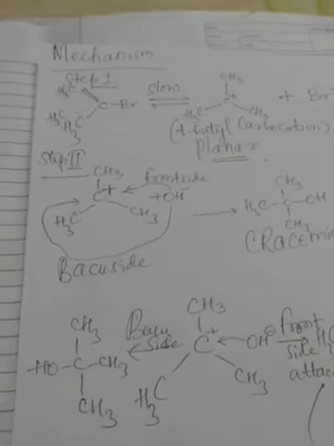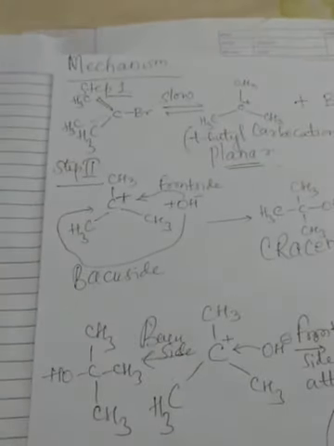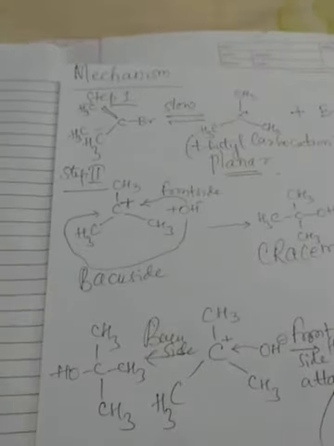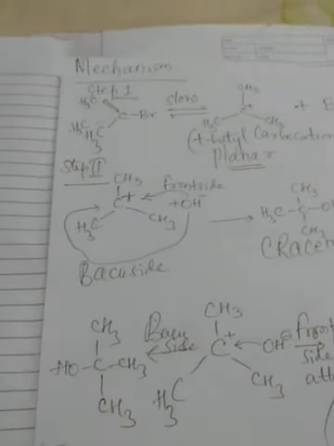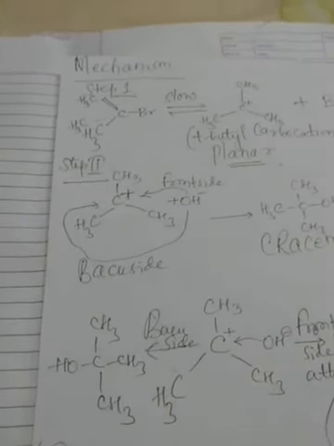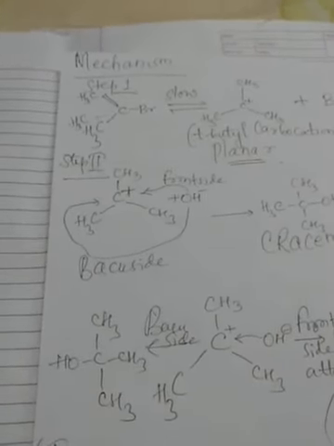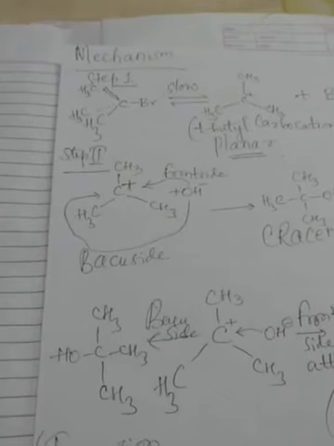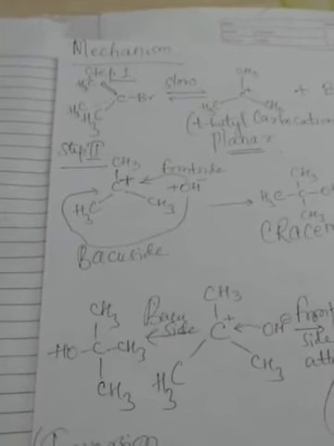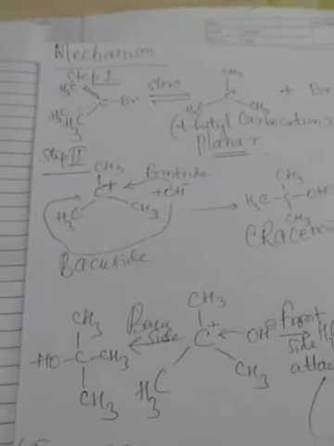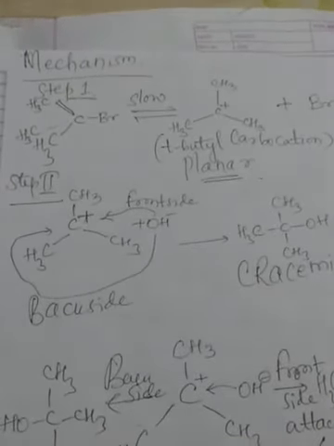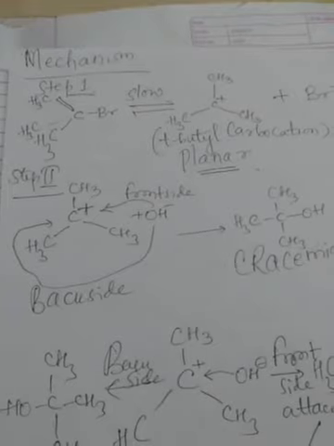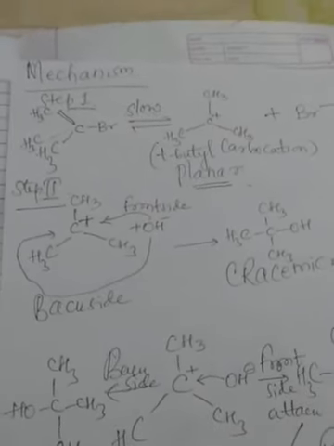You have studied an electronic effect called the inductive effect. I hope you all remember. Once again, there are 2 types in that, positive inductive effect and negative inductive effect. Here the alkyl groups show an electron releasing +I effect and push the electrons towards the carbon carrying the halogen atom. Thus cleavage of the C-Br bond occurs, forming the planar carbocation.